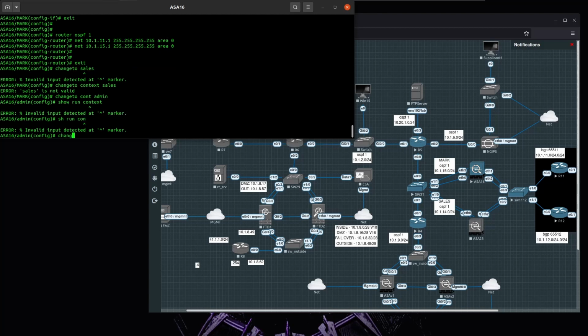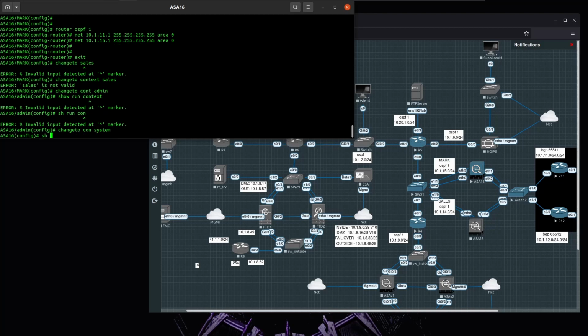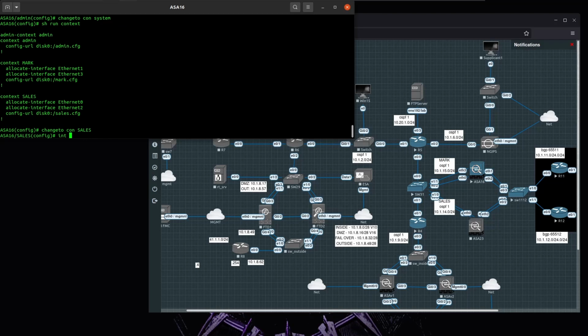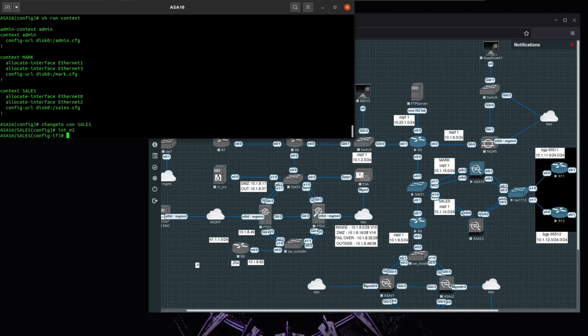Okay, so probably I should get to system, change to context, system, show run context. Oh, sales, yes, capital. Okay, so change to context sales, and sales E2 is going to be